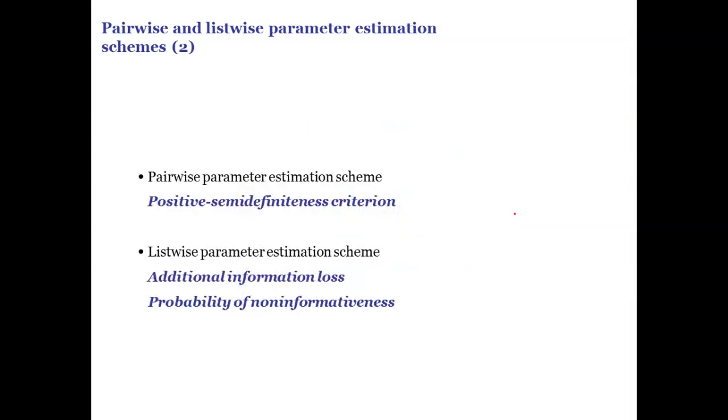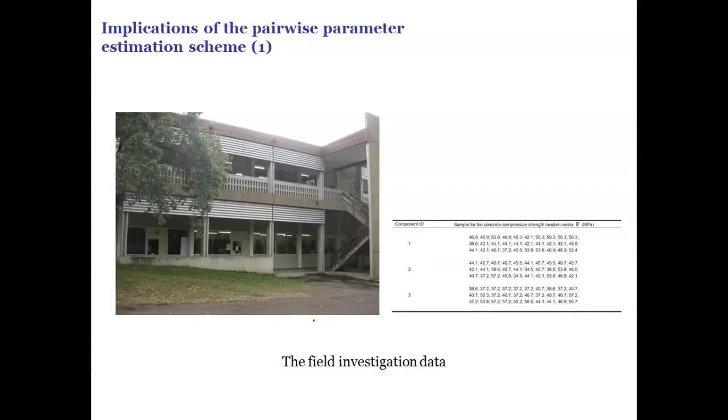for the pairwise parameter estimation scheme, sometimes this positive semi-definiteness criterion may not be satisfied. That's a potential issue. The issues with the list-wise parameter estimation scheme are that we may have additional data loss and we may have a probability of non-informativeness. This can be illustrated by